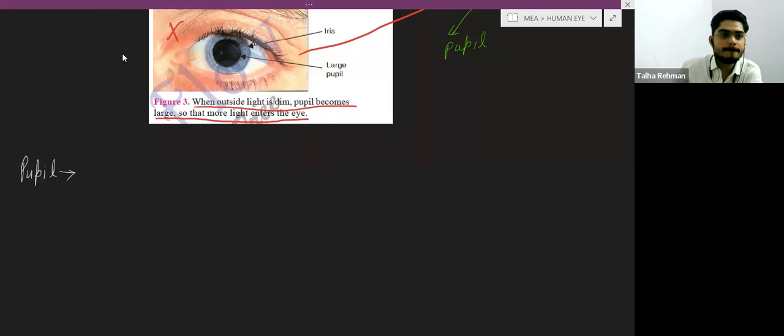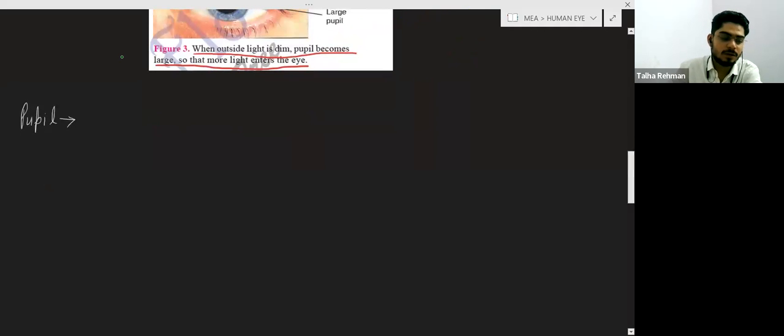Pupil is in the middle of iris and it appears black